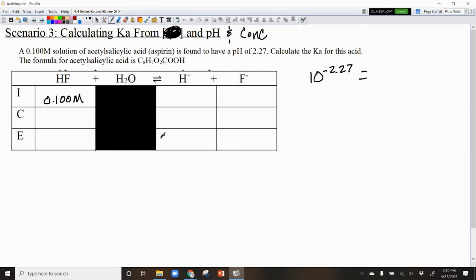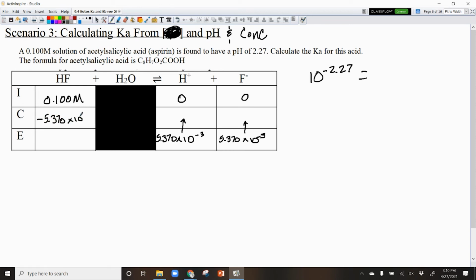5.4 times 10 to the, and I'm rounding here. I should not be rounding, so let's not. 5.370 times 10 to the negative third. That means that this also goes here. This is 0. Okay, so this is going to be negative